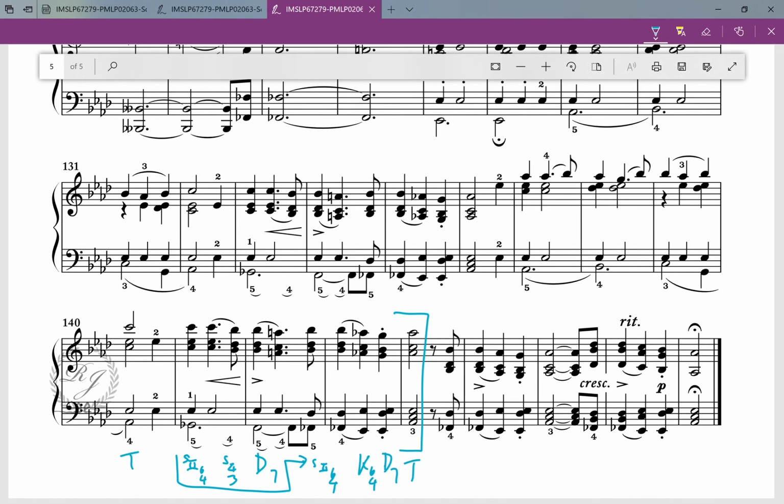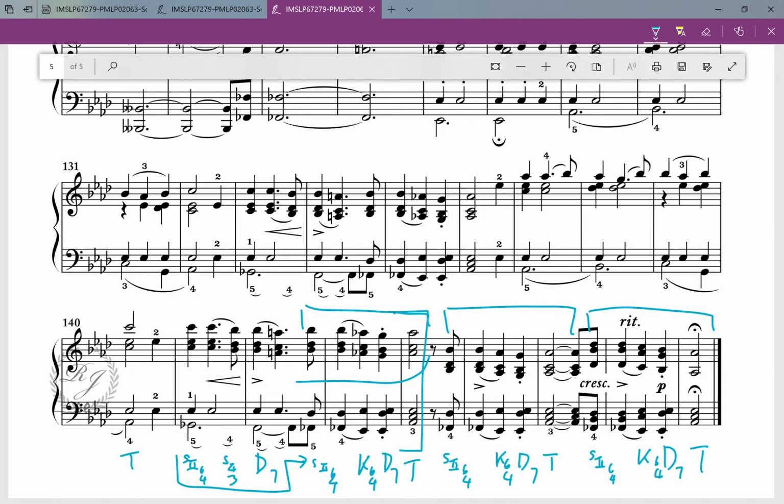And if we look at here, this is the same as here, right, harmonically, and also the same as here. So we just copy this across, and so